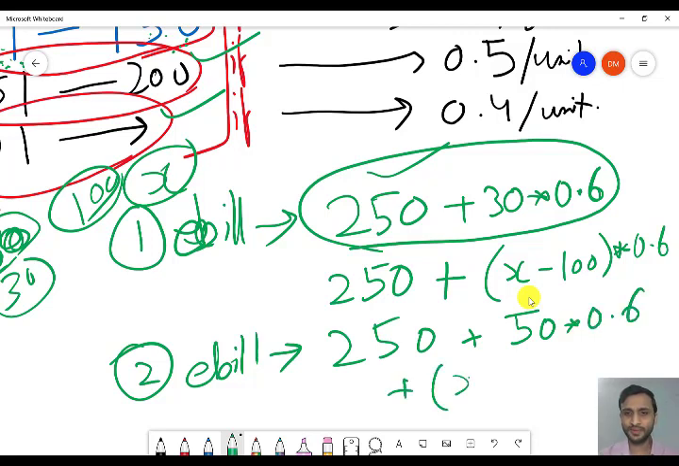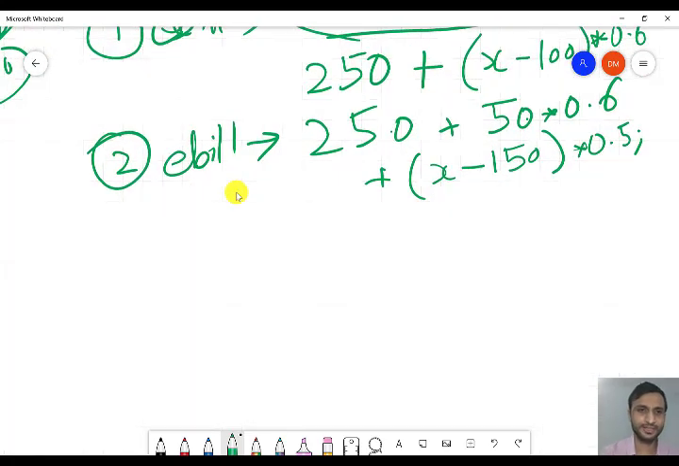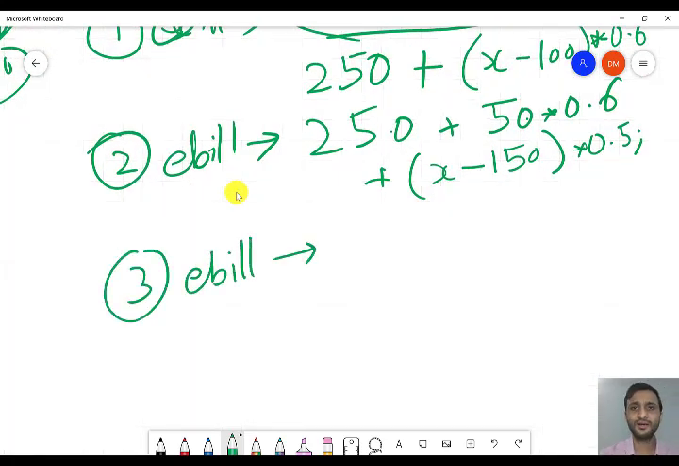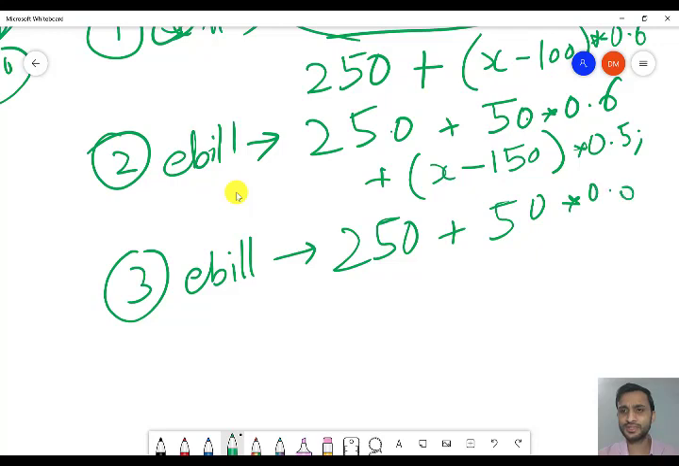And whatever is remaining, we have already given to the 150 units, 100 plus 50, so whatever is extra, they will get 0.5. Similarly for the third case, if the electricity bill is more than 200 units, the first 100 will get 250, the next 50 will get 0.6, the next 50 will get 0.5, and whatever is more than 200, because you have already